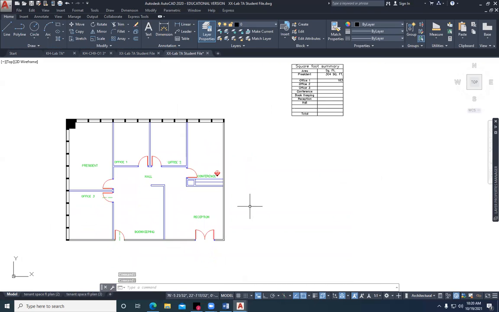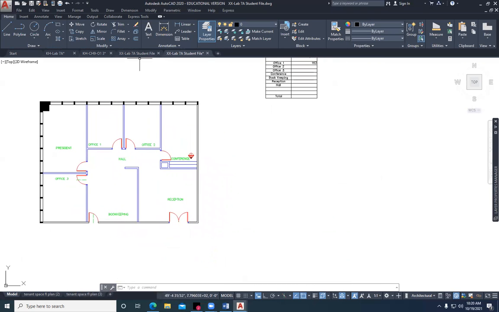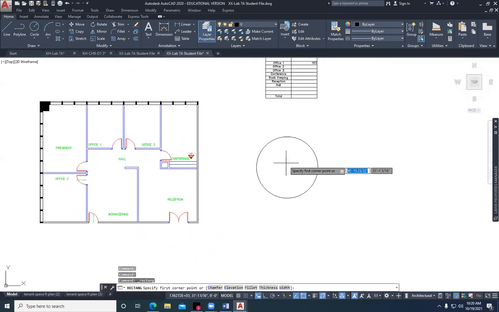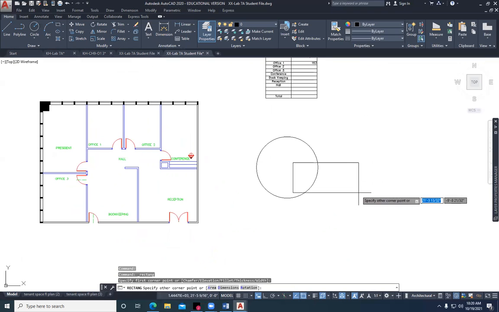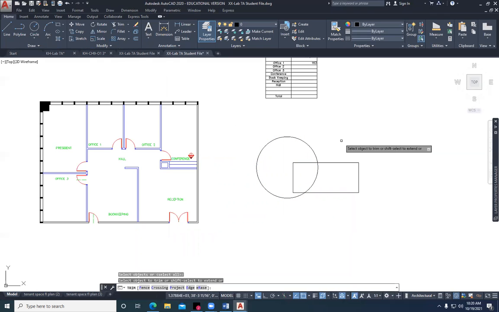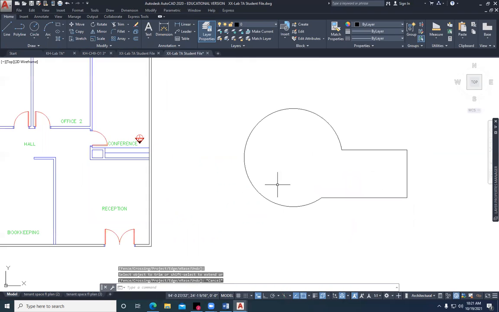Some other applications where perhaps you have something that's not square and you need to calculate that out. So if we had a circular space, let's go in here and add some other geometry to it. And then we'll trim that. So if you have a shape like this, and you need to calculate out the area of this, you want to either turn it into a region or a closed polyline. I like the p-edit command,